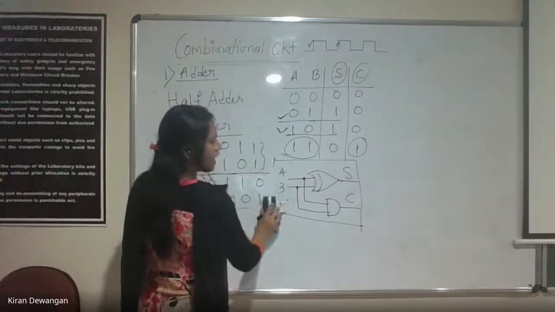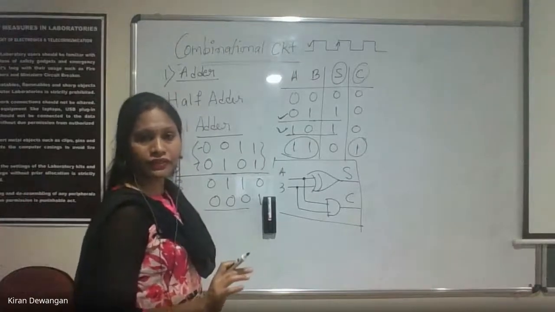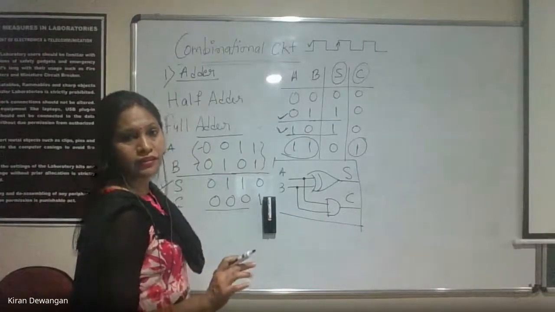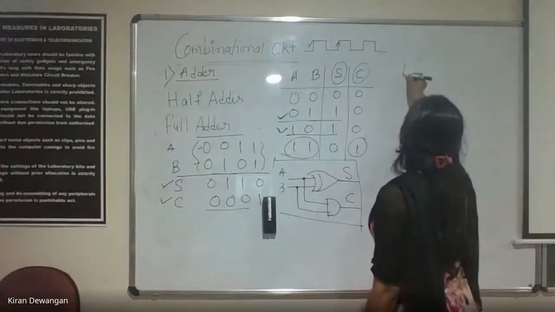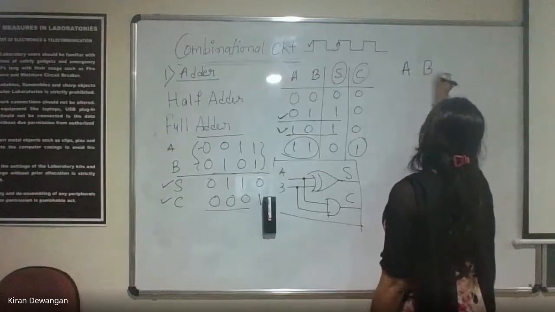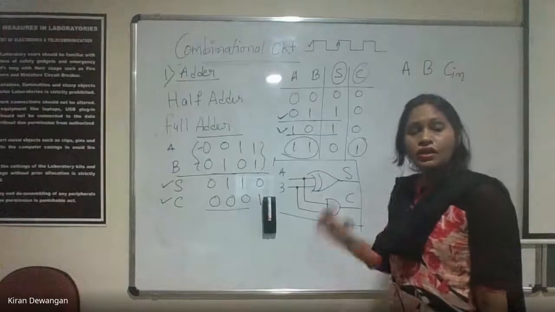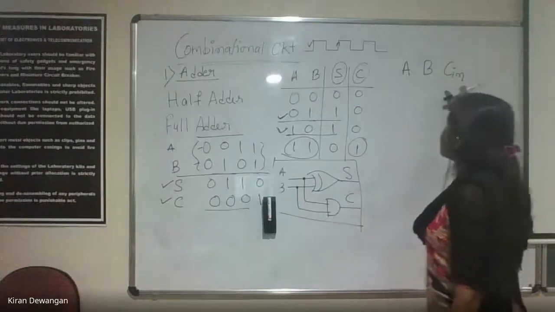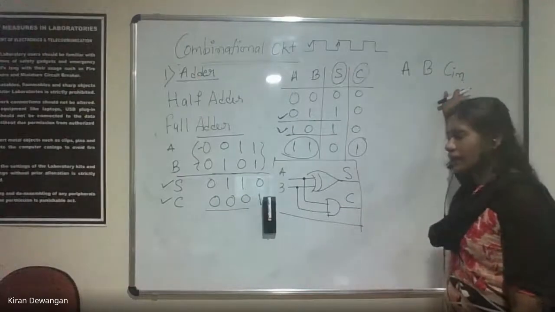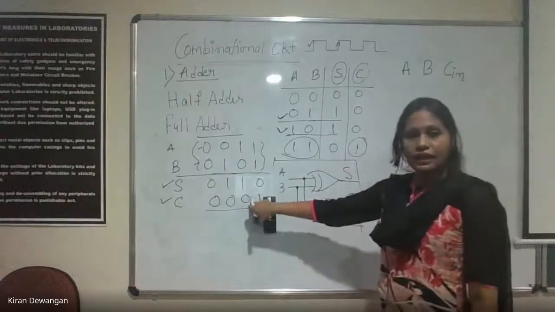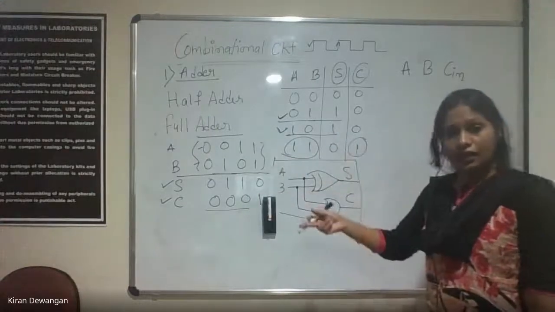Now, is the half adder clear, everyone? Half adder is clear, right, everyone? We'll proceed to the full adder. Now, if we talk about the full adder circuit, we are taking A, B, and C in as inputs. Now, what is actually C in? C in is nothing but the carry that we are taking. Here we took carry as an output, but that can be an input for the next bit combination.